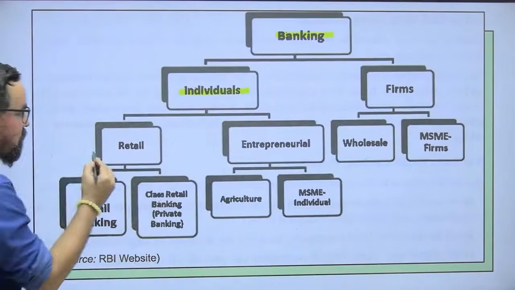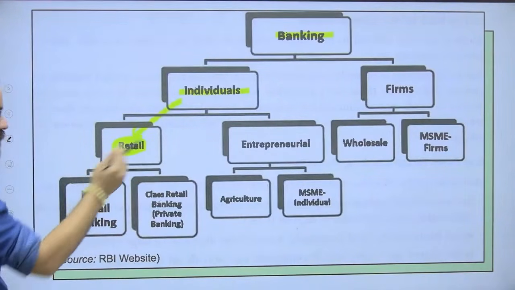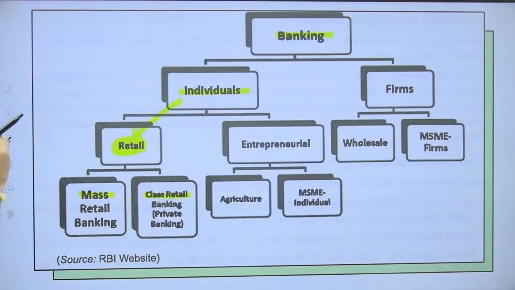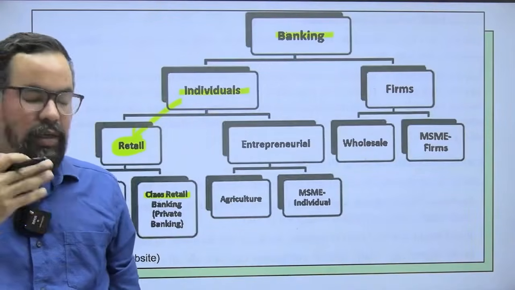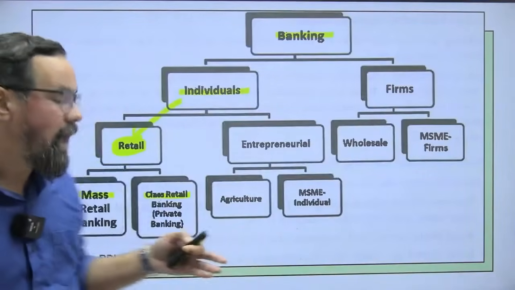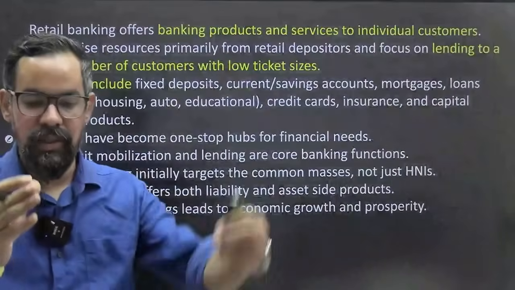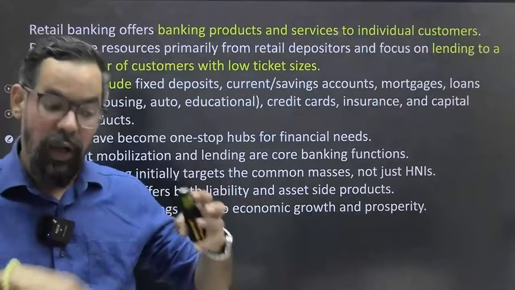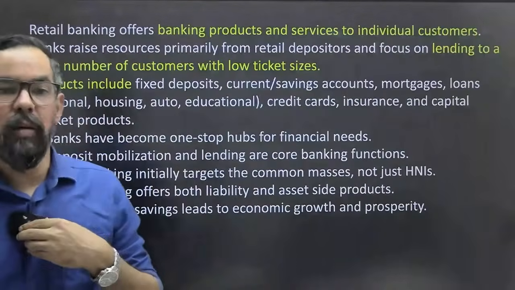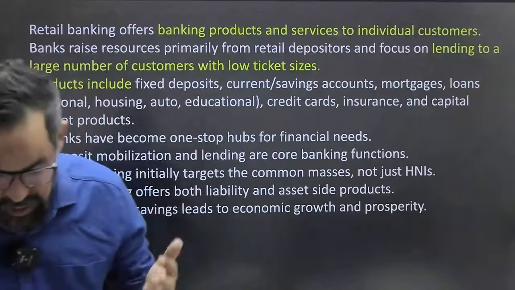Banking, if it comes to retail banking, it is generally part of individual banking, and we have two types of products: masses and classes. Masses is where we are serving a single product to multiple consumers, like saving accounts, FD, RD and all. Classes is where we are serving our product to some specific group of people and accordingly designing that. Majorly the classification is generally done on the basis of income groups and all. So that generally comes under this particular one.